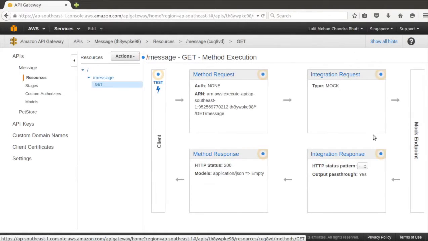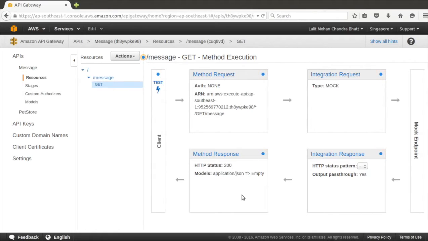So you see now this is how the API endpoints function. You have your API definition here, which is a get on the message, and then it will do a method request. Then there is integration request, where you can actually do some more work to make it amenable to your backend infrastructure. Then your actual endpoint is called. Then again, when the response comes back, you can do something to convert that response, things like that. And then you have the method response, and then the response is returned back to the client.